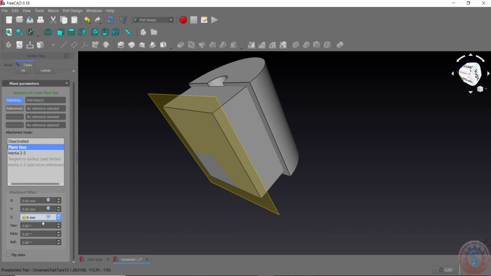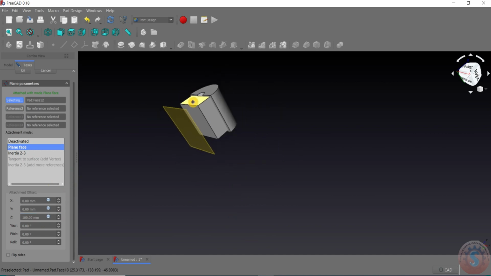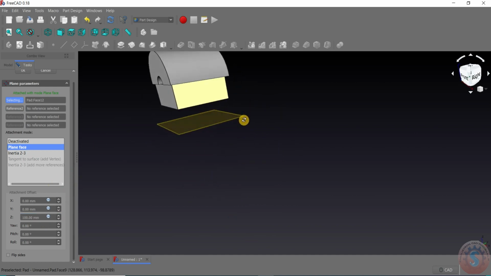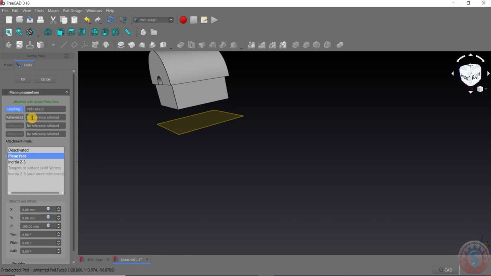I want to give the direction of z to, for example, 200. For example, 100. I'm assigning 200. See, the plane is created somewhat at a distance. You can give different x-axis, y-axis, z-axis. You can also give the pitch. You can also rotate the plane, somewhat tilt angles. You want to give the roll, inertia. The different types of features are there.